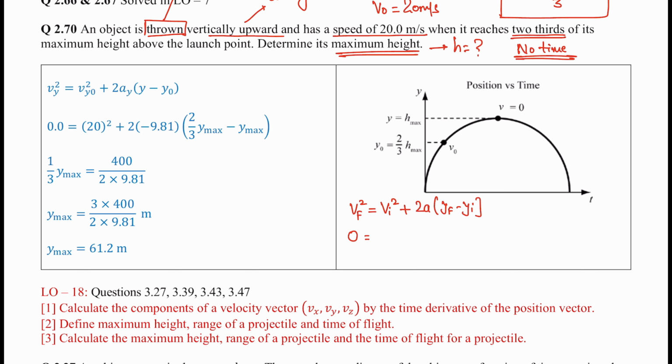Initial velocity given is 20. Now it is going upward, so minus 2g, 9.81. Yf is height h minus initial height 2/3 h. Okay, so can you solve this? Solve the height from this equation. You will get 61.2 meter. This is your maximum